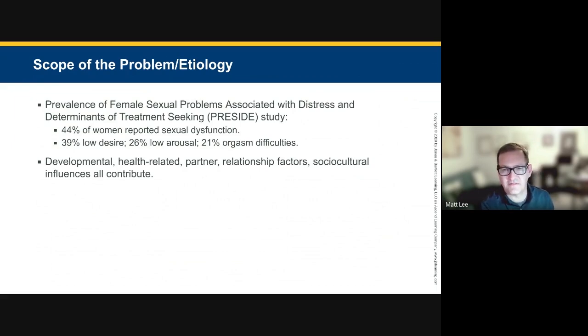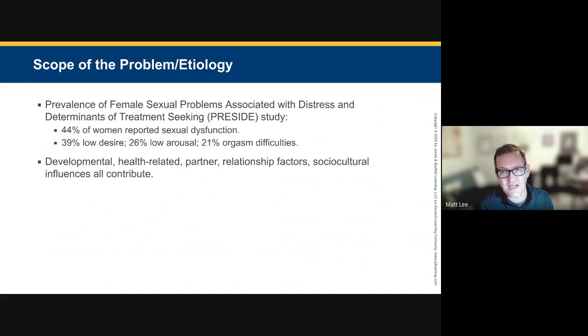So it's related to lots of things. Like I said, it's going to be related to lots of things in a woman's life. It could be health related. The book makes a lot about health related sexual dysfunction, and there certainly is some, absolutely, and we'll talk about it. I think it's the minority of the reasons or causations.